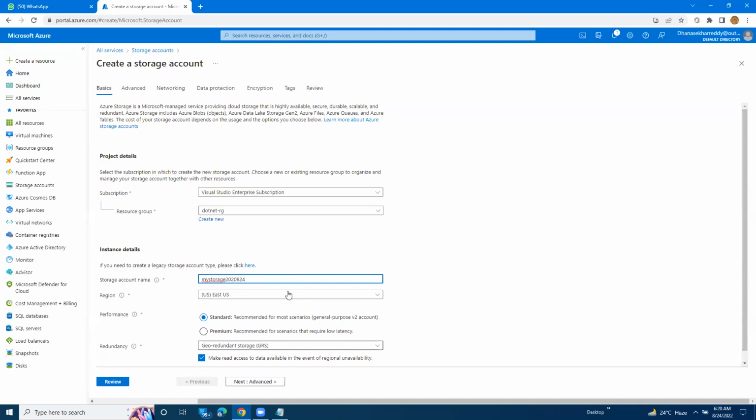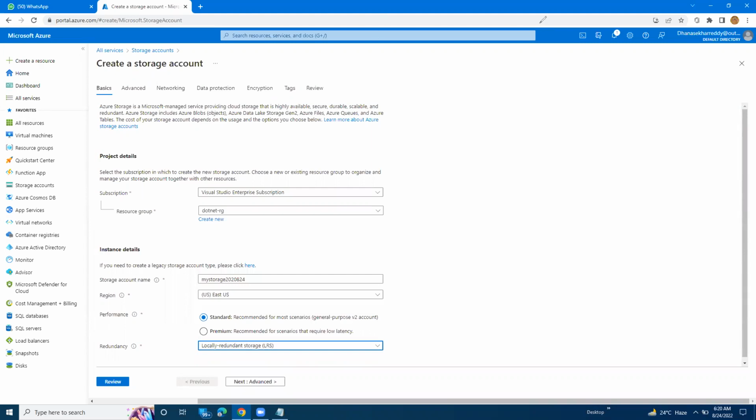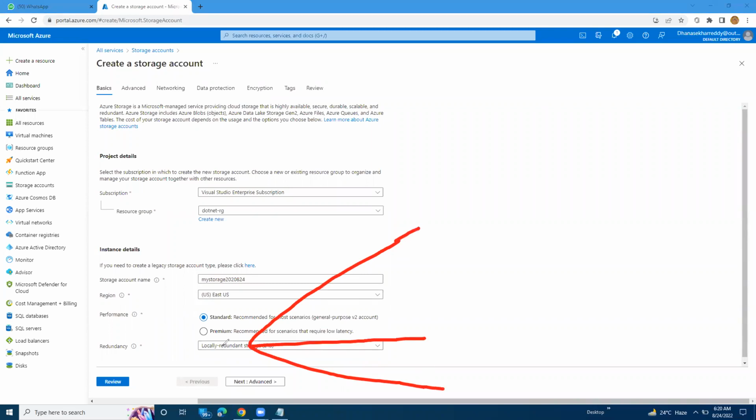Now, locally redundant storage. See, this is the one. Zone redundant storage, geo redundant storage, geo zone redundant storage. Okay, I am choosing local. What will happen now? Your data will be stored in 3 copies, stored in different racks of the same data